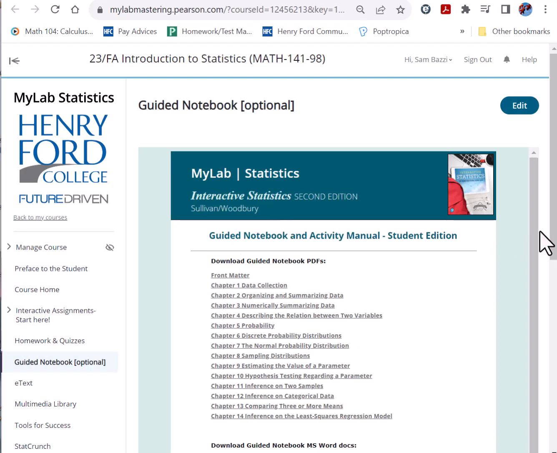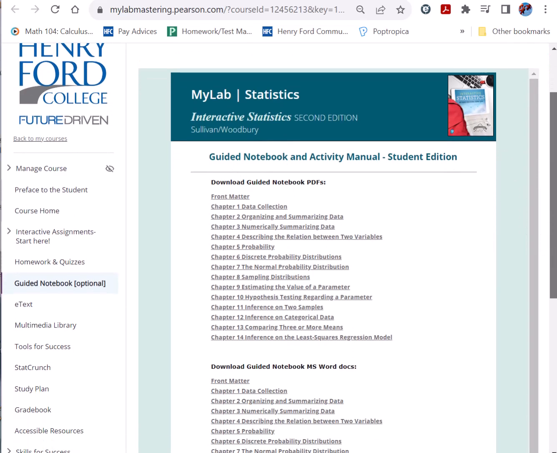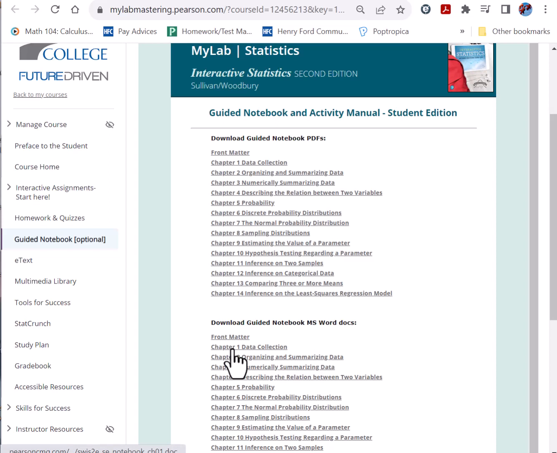The guided notebook is optional. If you like to do it, right here, for example, you can download the guided notebook for chapter one, and take notes on it as you watch the video, as you do the interactive assignments. Very helpful. I used to require it in the past. I'm not requiring it this semester, but students find it very helpful to retain the knowledge